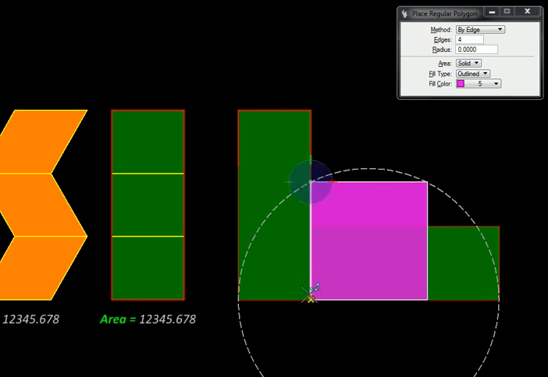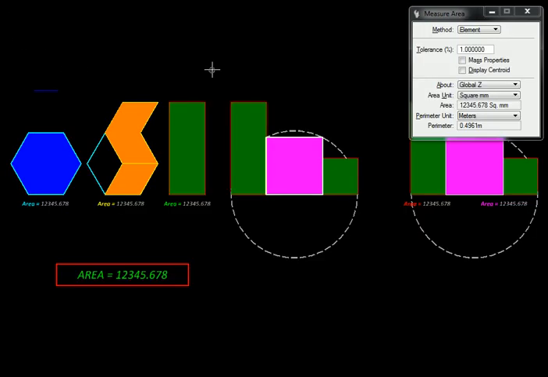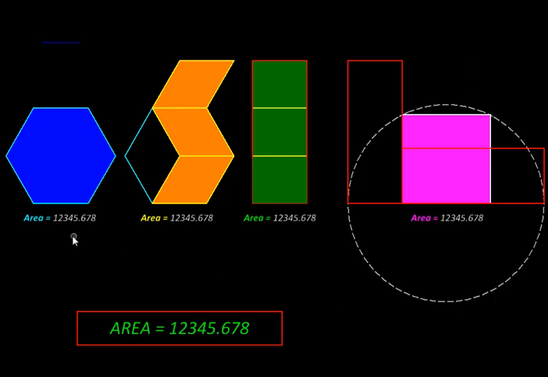So this is the square that we need. And we'll measure the area and confirm that it is indeed 12345.678, and there we go. So this is the overview of the process that we undertook. Hexagon to 3 stacked parallelograms, then neatly stacked into a rectangle. The rectangle we rotated and did this construction to get the square, all of the same area, 12345.678.